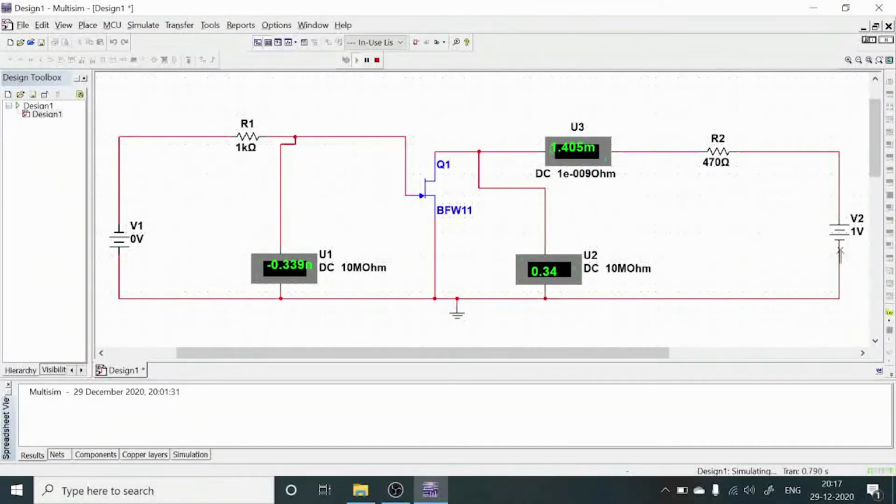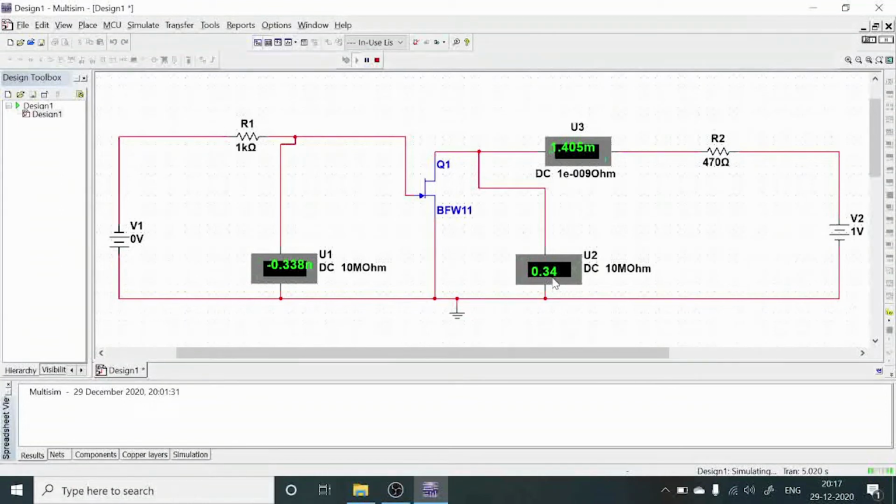For this 1 volt across the drain, how much is the drain current? 1.405 m. Small m means milli, and the units are amperes. And this meter shows 0.34, and this 0.34 is nothing but your drain to source voltage.